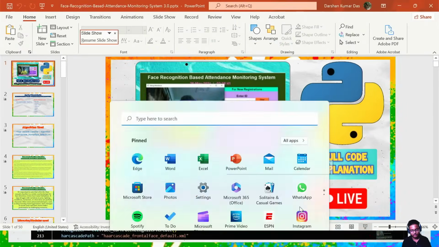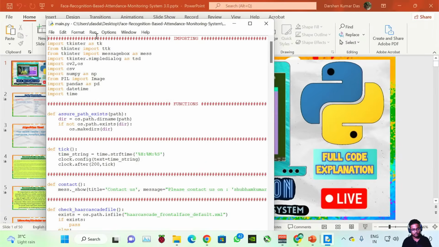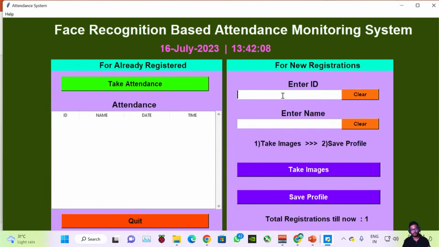Yes, absolutely. Oh, sorry, I mistakenly opened the PPT. For example, if you left any of the space blank, I'm typing a random ID and you left the space blank, then see what happens. You can see that it is showing enter correct name because I have left the space blank. And if I enter a space,